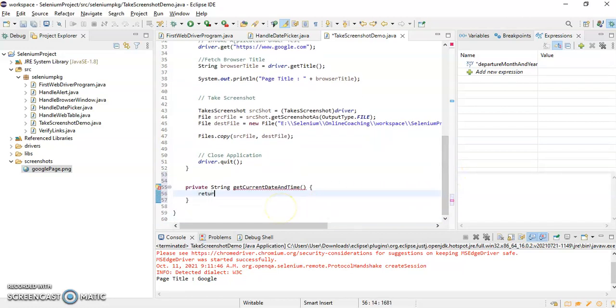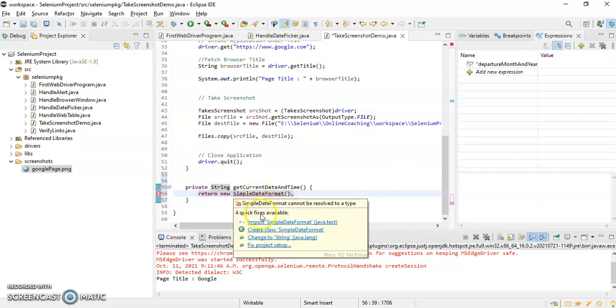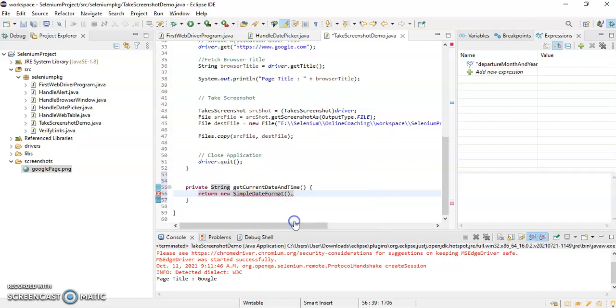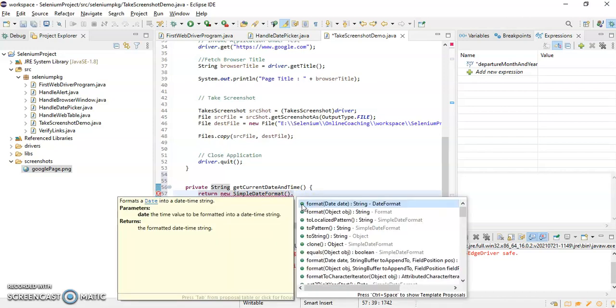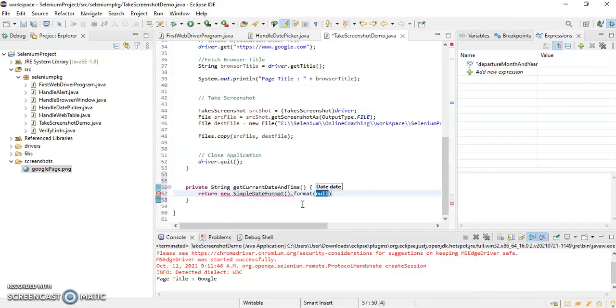It will return new SimpleDateFormat. SimpleDateFormat is a class that has to be imported, which comes from the java.text package. Then I'll give dot format, and here I can call new Date.